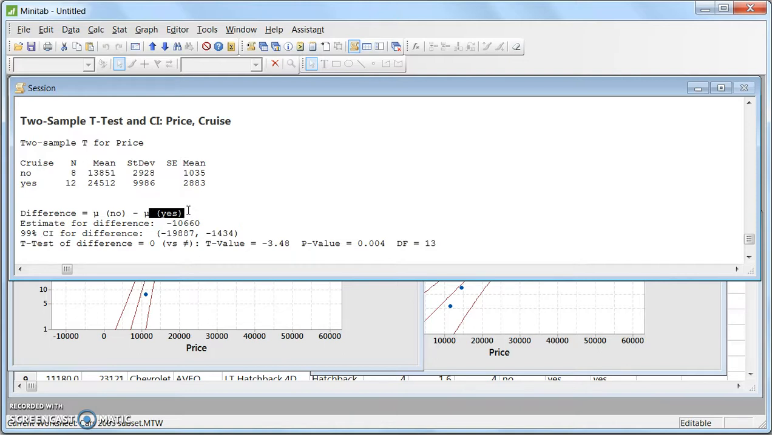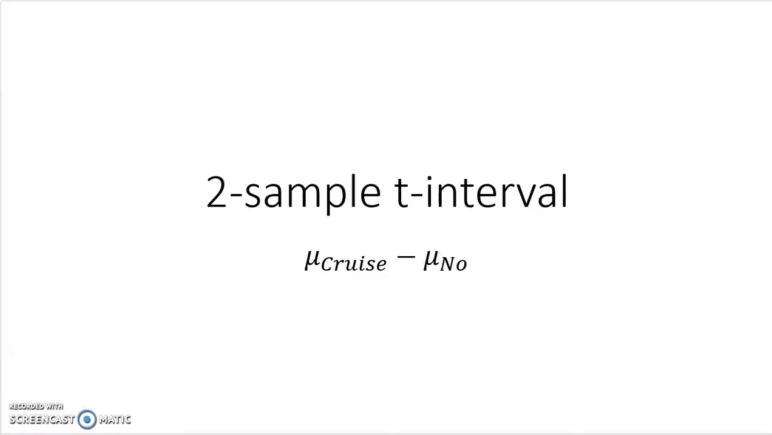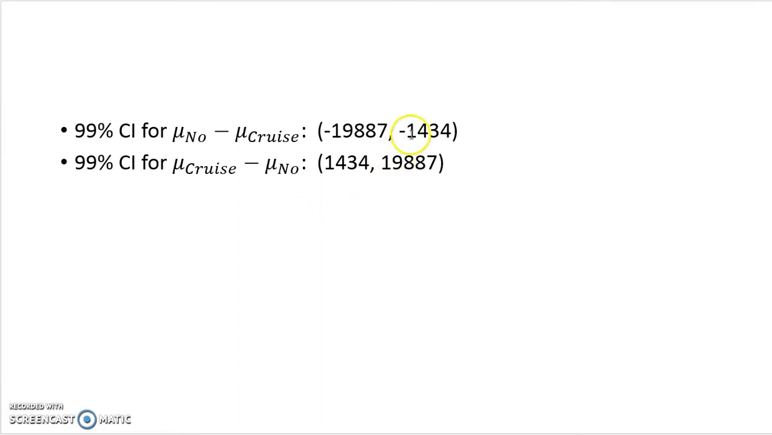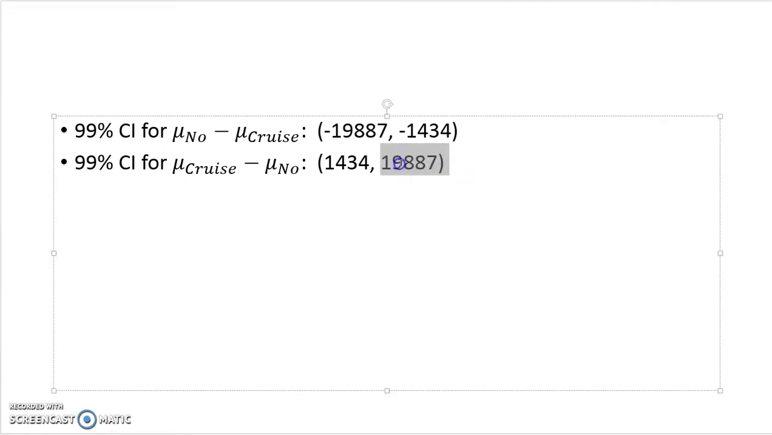So to get the confidence interval we want, we'll need to reverse the order of our two numbers in the confidence interval and reverse the signs, changing negative to positive or positive to negative. So we get a 99% confidence interval for the difference of the means between 1,434 and